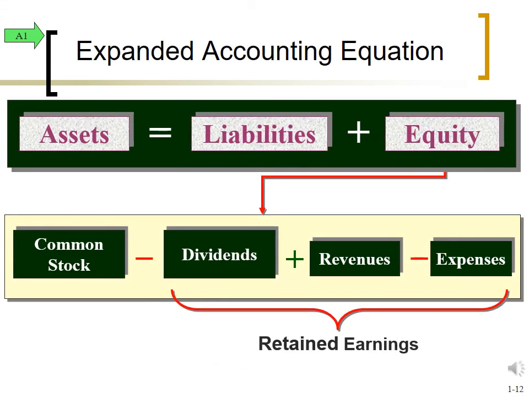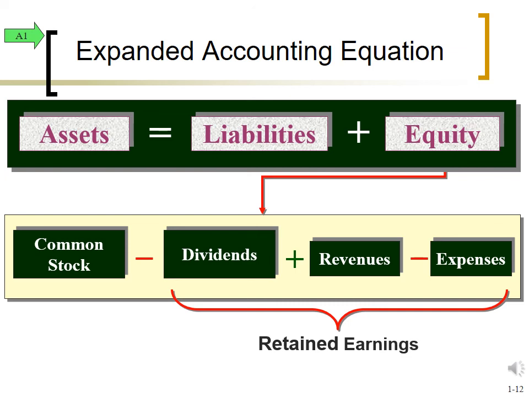So we come back around to the accounting equation, and now you know what the assets, the liabilities, and the owner's equity components are. Here's just another pictorial of it, and this breaks out the equity section in a little more detail. Notice what I said earlier: owner's equity is comprised of stock, in this case common stock. But as we get into more detail about owner's equity, you're going to see that there's a thing called preferred stock as well. But I don't want to get ahead of myself. And so stock and retained earnings are the components comprising equity.